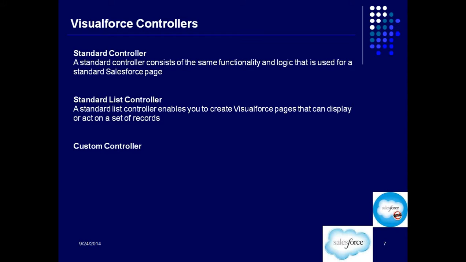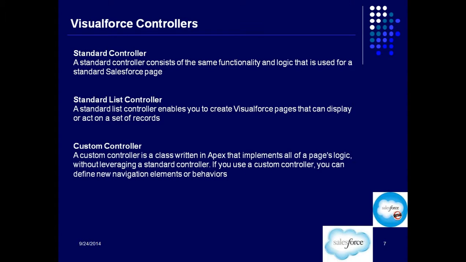There is a third type of controller which is called a custom controller. What is a custom controller? A custom controller is a class written in Apex. So this custom controller is where you will provide the instructions. That set of instructions which we are talking about will be supplied from our side. So we will go and write the instructions. How will we write the instructions? Using Apex. Apex is another programming language, that is what I told you the other day. So we are going to use Apex to write this controller, okay?